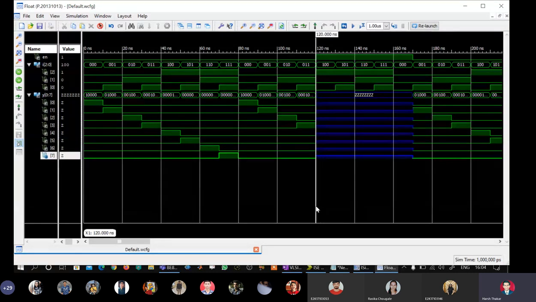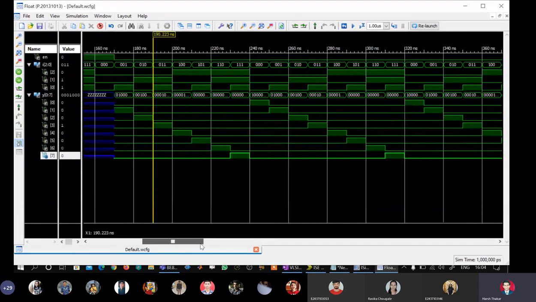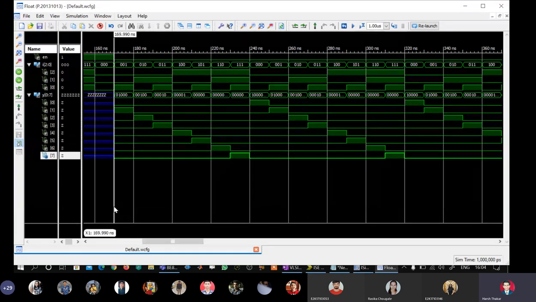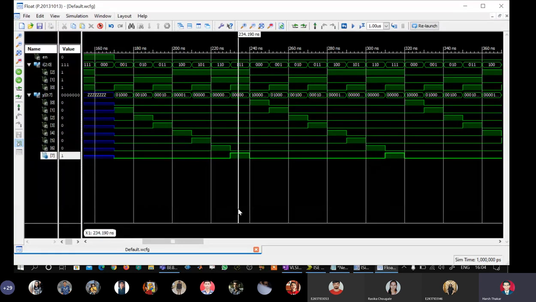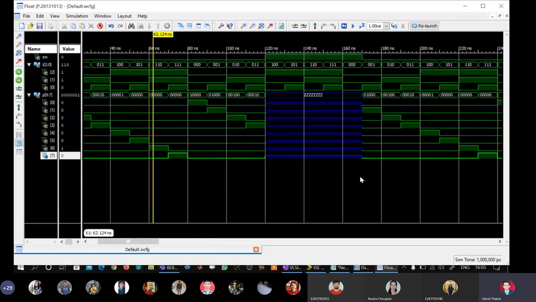So as long as the enable remains En equal to 1, my outputs are neither 0 nor 1, but they are pulled to high impedance state. And after 120 nanoseconds, again my enable is becoming 0, the system is again in the enable state, and according to the inputs 000 to 111, we are seeing that the output of the decoder shows one value as 1 in one of the outputs, and all remaining are 0.